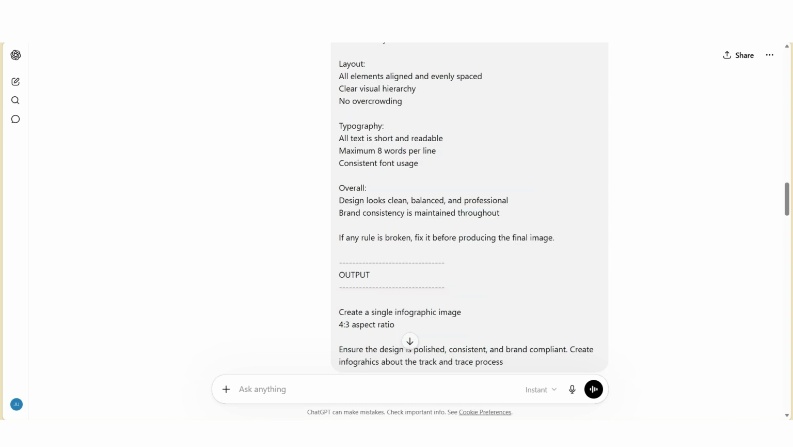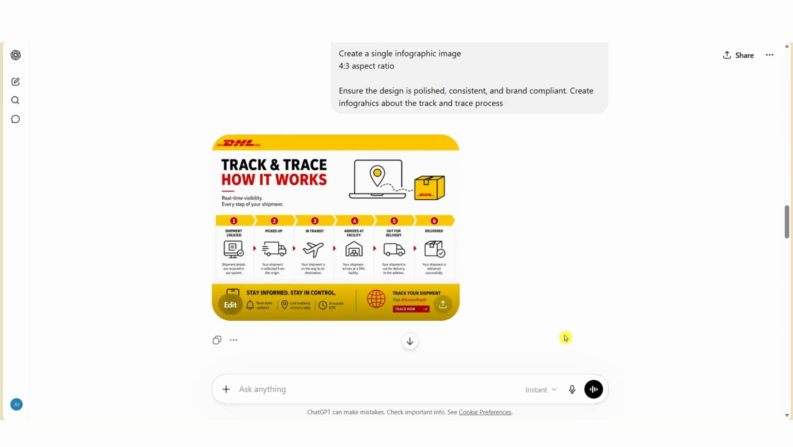Once the brief is set up and you've added that to ChatGPT, at the end here I've just added a simple prompt to create an infographic about the track and trace process, and this is what it's generated. Now overall the result is pretty good. The layout is clean, the process is easy to follow, and it's visually close to the DHL brand guidelines that